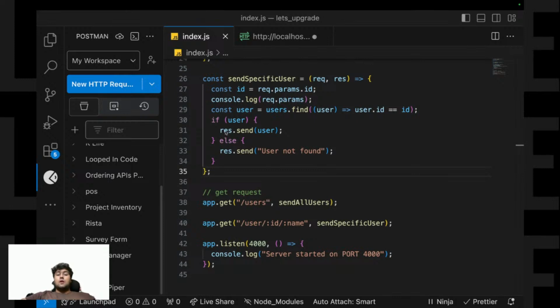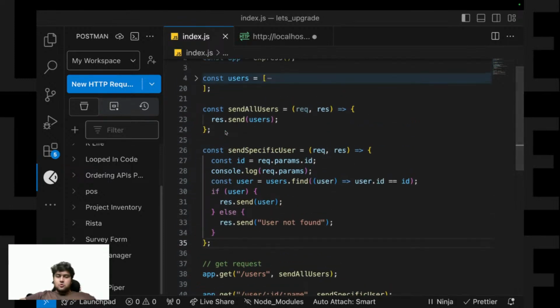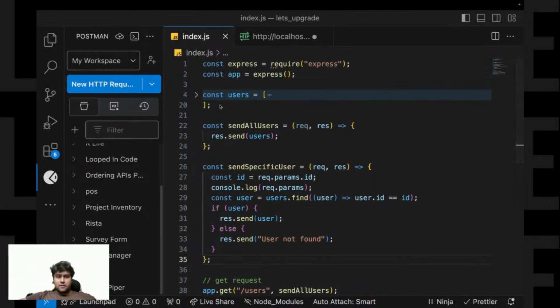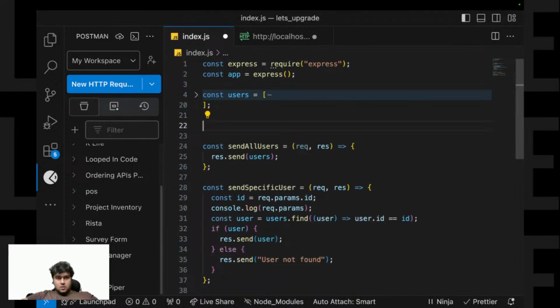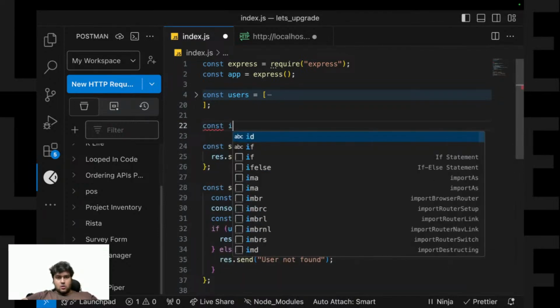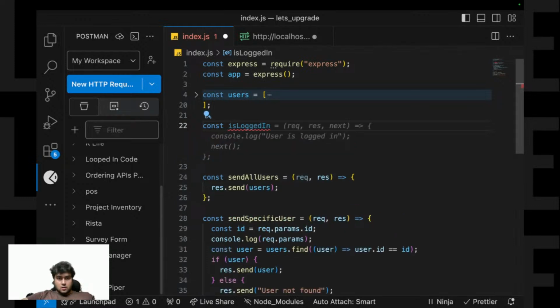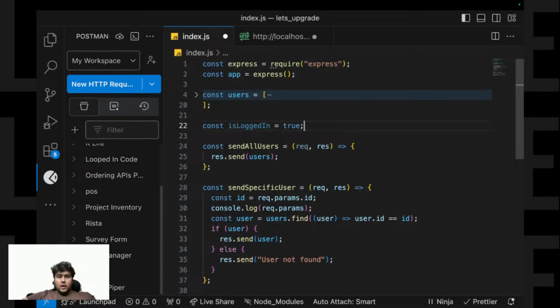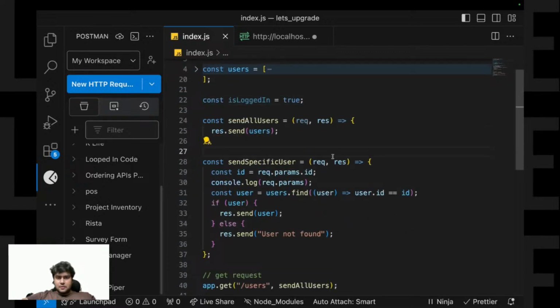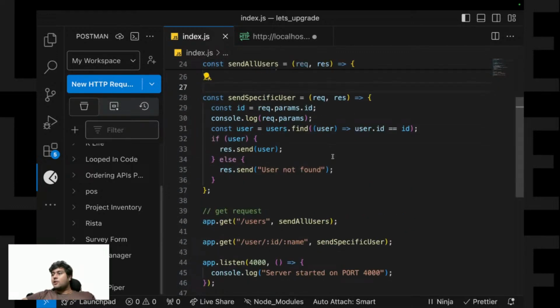Now let's say I have a use case that I should only be able to send the data if the user is logged in. So I'll create another variable called const isLoggedIn equals true. What I'm saying is that if the user is logged in, then only you should be able to send data.